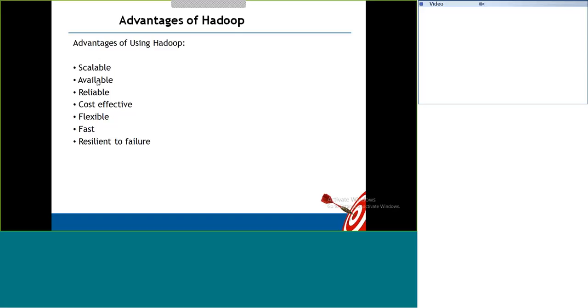So when you are copying the data, you can mention that you want only 2 copies for this file. It will keep only 2 copies for that particular specification. By default, it keeps 3 copies. If 1 copy dies, automatically you will have another 2 copies available. So your storage is not lost, and your processing never stops. That's why the availability is more in this Hadoop framework.